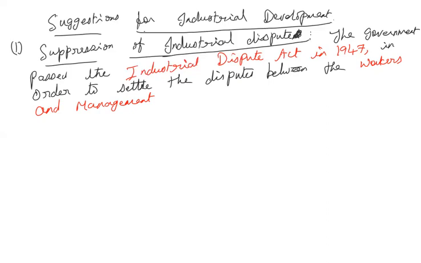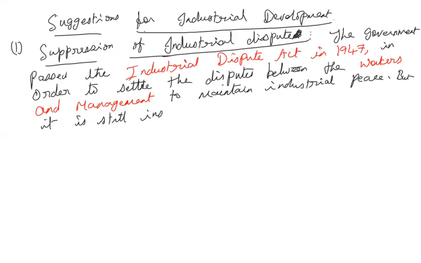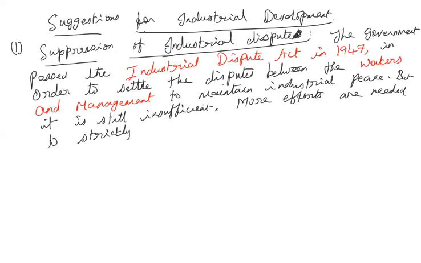So between the workers and the management, in order to maintain industrial peace, but the problem is it is still not very effective. It's still insufficient. So what the government has to do, more efforts are needed to strictly follow the policy of workers' participation